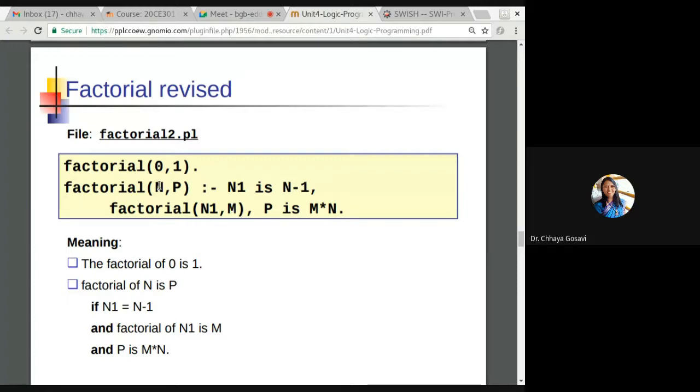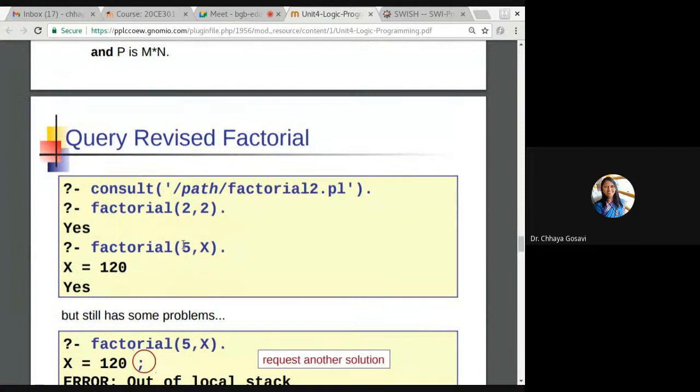So here 1 minus 1 is 0, n1 will be 0, factorial of 0 is 1, so this value is 1 and n is 1 again, 1 into 1, 1. Then it will return to the previous call, that was 2, 2 into 1, 2, and 3 into 2, 6. So if you write it, it will give you a result. Instead of 1, 2, 3, you can go up to 5, 6, 7, 8, 9, 10.